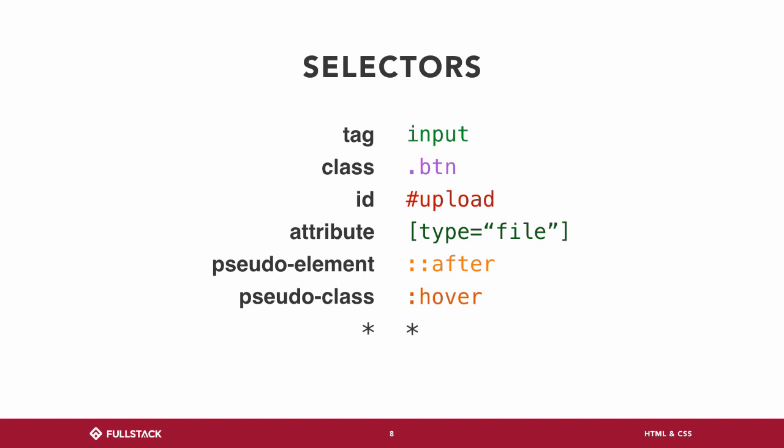So a tag would basically just match the tag of an element, like input. The class btn would end up matching a class. Here the ID upload is going to be an ID selector. You could also match by attribute. There's pseudo elements, which are interesting, and